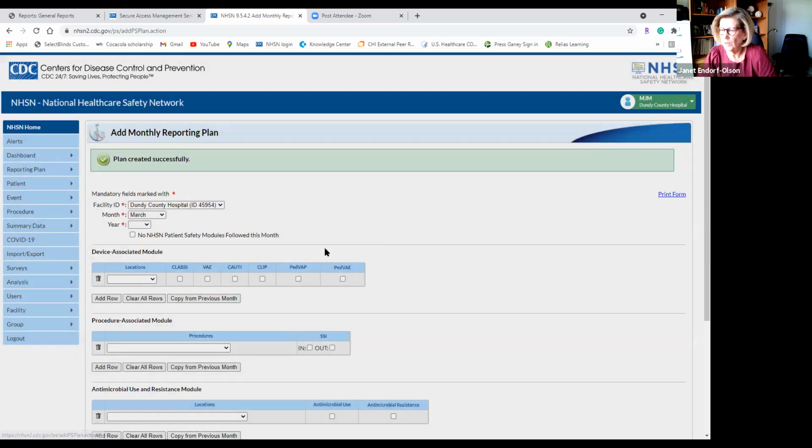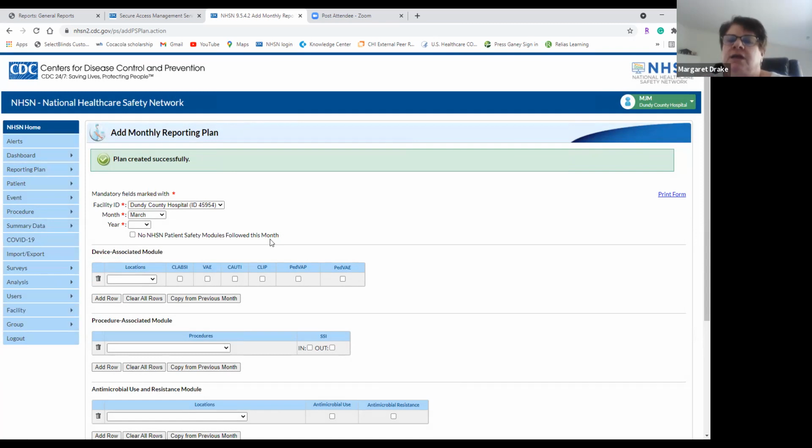Yeah, we do have a question also. Are there requirements in a critical access hospital that state what surgeries need to be reported in NHSN? And if yes, where do I find the requirements on what needs to be reported? There are no requirements for critical access other than if you're in this group with Janet and Dana, whatever they have told you to do. And actually, if we go back to the main NHSN screen, there is a place that will show you the CMS requirements. So if you want to go out of there,